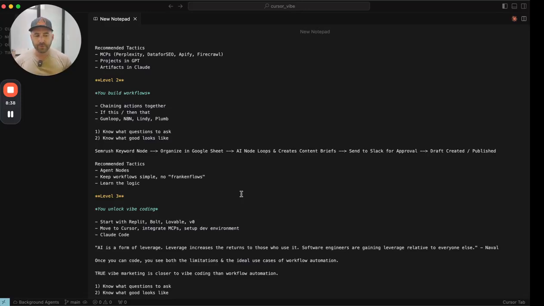And especially if you have something that, let's say you're doing this research on a weekly or a monthly basis to come up with new content ideas, you can automate that. Those can be sent in to where you're working with your team or something along those lines. So it's about chaining these actions together. So if you start at level 1, you really have to audit your process. One of my best tips for doing that is if you have a research flow to start with, let's say,